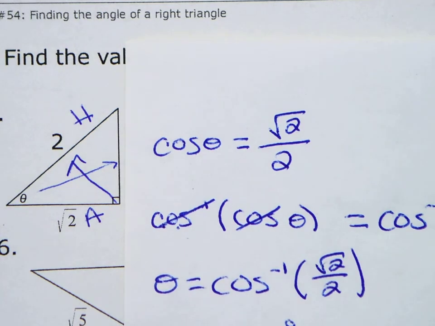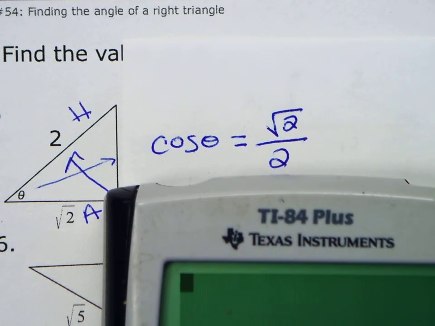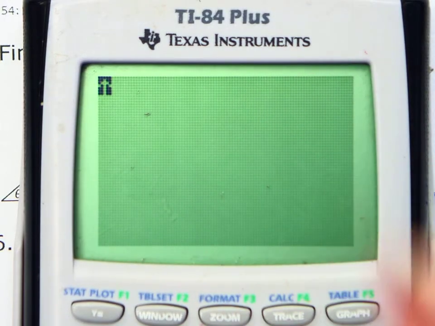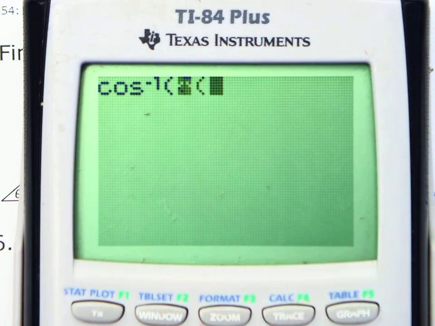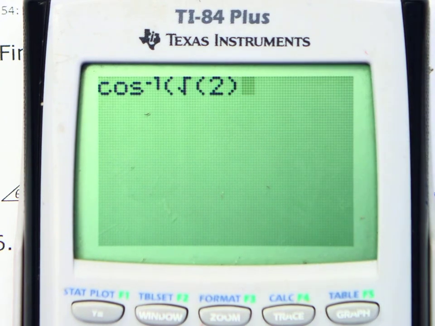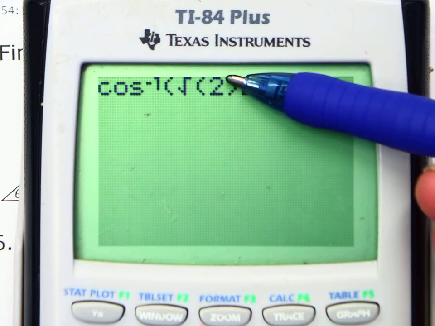Let me check this one real quick. So if we're using this calculator, I'm just going to show you the different version of it. It depends on how your calculator is. So second cosine radical 2. Now, you have to close this parentheses, right? One of the issues in the class is you're not plugging in right. You have to close the